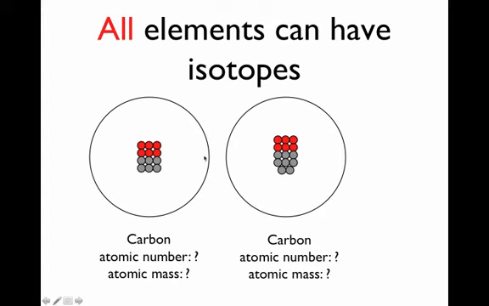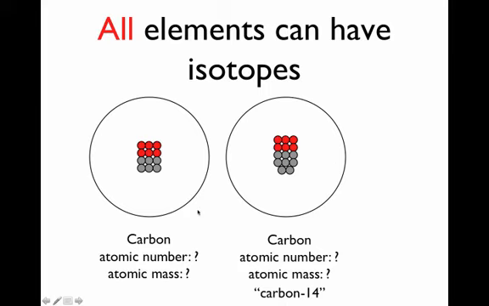Because these are different versions of carbon, you say that these are different isotopes of carbon. When chemists are talking about only this version of carbon that has a mass of 14, they will call it carbon 14, to distinguish it from every other isotope of carbon that does not have an atomic mass of 14. So if you wanted to talk only about this isotope of carbon, you would call it carbon